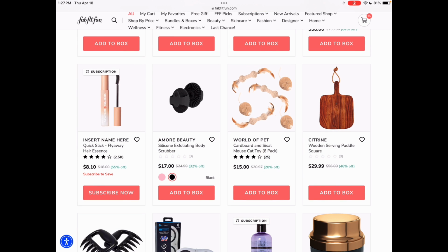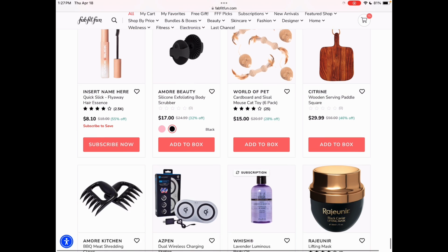This serving paddle square is very pretty. I love wood serving things, whether it's for charcuterie or...